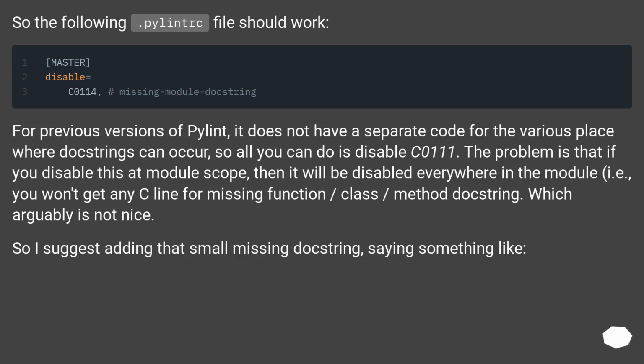For previous versions of Pylint, it does not have a separate code for the various places where docstrings can occur, so all you can do is disable C0111. The problem is that if you disable this at module scope, then it will be disabled everywhere in the module, i.e., you won't get any C warning for missing function, class, method docstring. Which arguably is not nice. So I suggest adding that small missing docstring, saying something like,